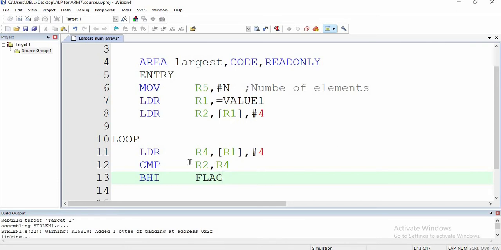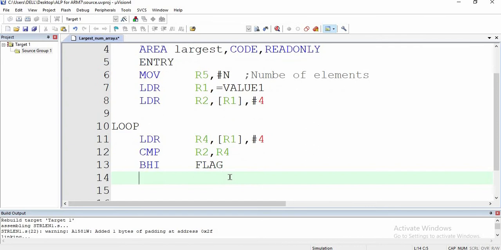If R2 is not highest and R4 is highest, R4's content has to be transferred to R2. So I am going to do that beneath this. That is MOV. First comes the destination, that is R2. Next comes the source, that is R4. I hope you understand this.